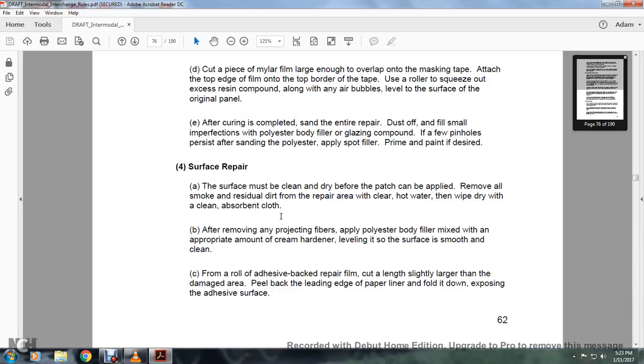4. Surface repair. The surface must be clean and dry before the patches can be applied. Remove all the smoke and residual dirt from the repair area with cleaner and hot water, then wipe dry with a clean, absorbent cloth. After removing the projecting fibers, mix the polyester body filler with an appropriate amount of cream hardener, leveled so the surface is smooth and clean, from a roll of adhesive